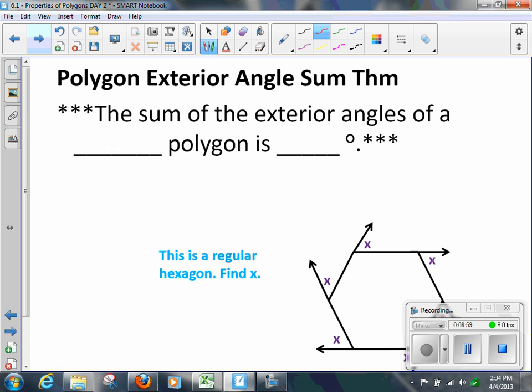Read it. The sum of the exterior angles of the... Exterior. What's that mean? Outside. Outside, okay? The sum, this one, be careful. Listen, watch. I don't want you to miss this. It's very difficult to remember. The sum of the exterior angles of